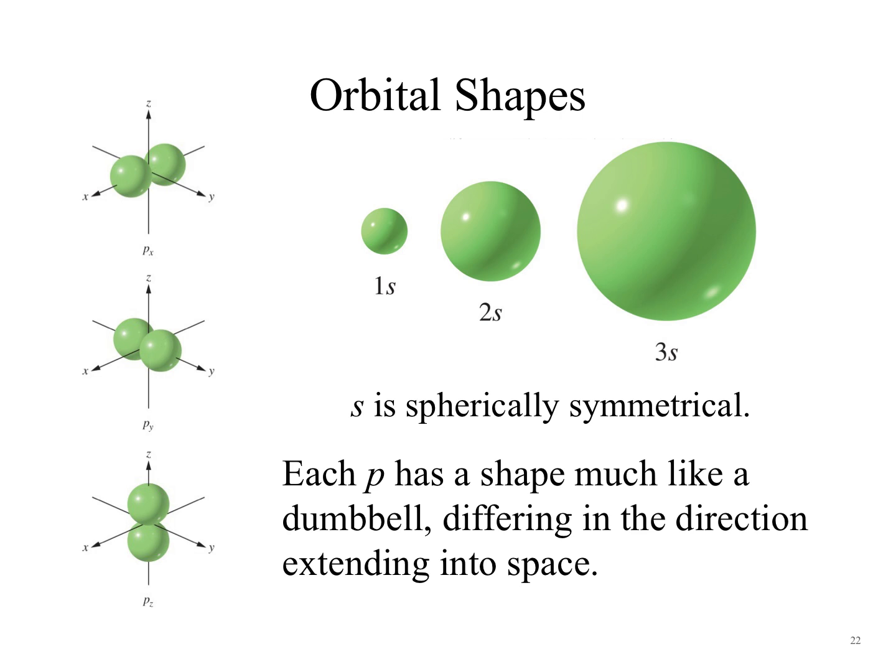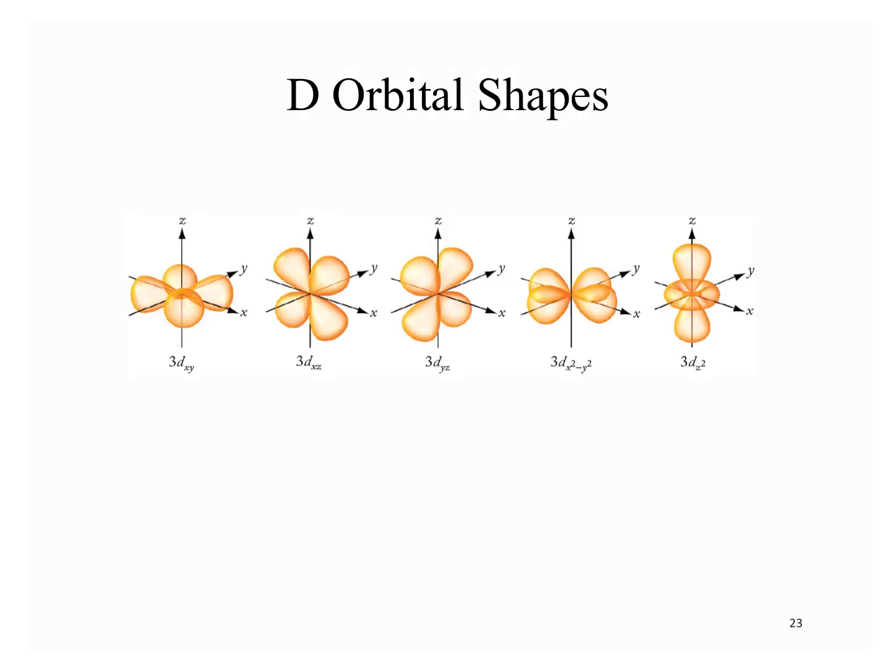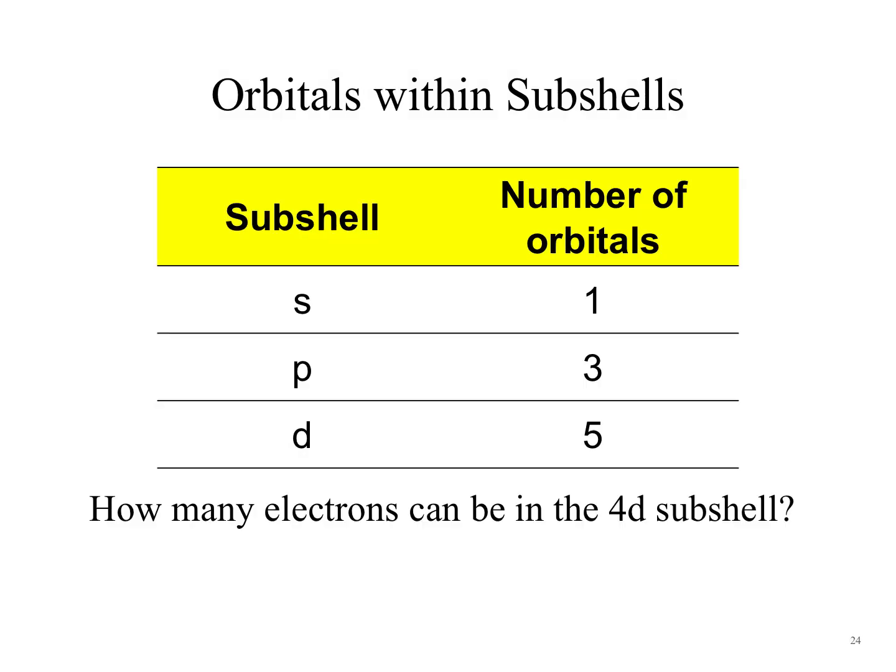Now let's look at d. D orbitals are kind of wild. They look like flowers, and one of them looks like a p orbital with a donut. But the take-home message here is that there are 5 d orbitals. So we have 1 s orbital shape, we have 3 p orbital shapes, and then we have 5 d orbital shapes. So as a summary,